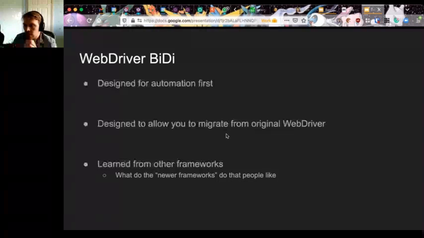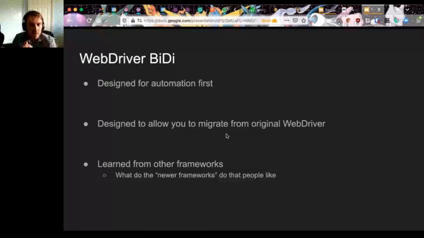And so the other thing is that we're designing it to allow people to migrate from what their WebDriver tests look like today, making sure that their tests can be migrated across, because we all know it's one of these unalienable facts that testing departments